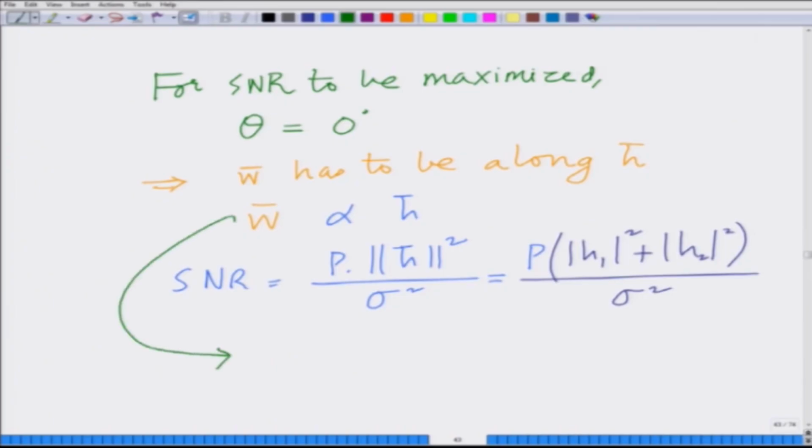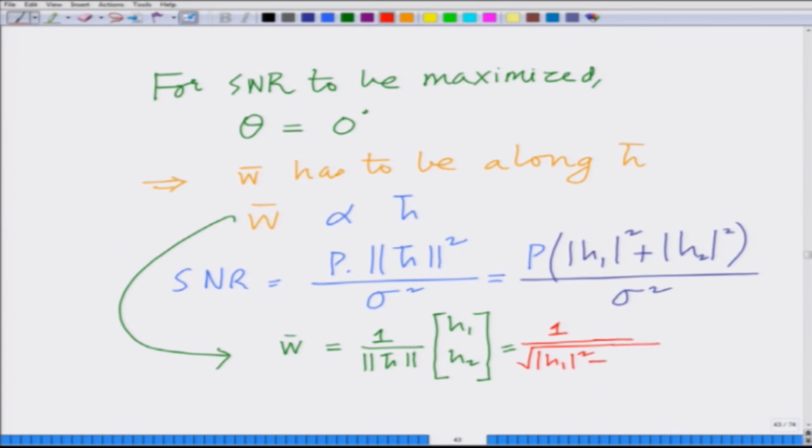So, W bar equals 1 over norm of H bar times H1 H2, which is basically 1 over square root of magnitude H1 square plus magnitude H2 square times the vector h1 h2,